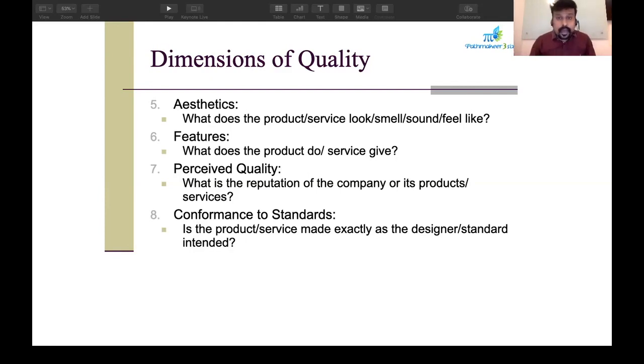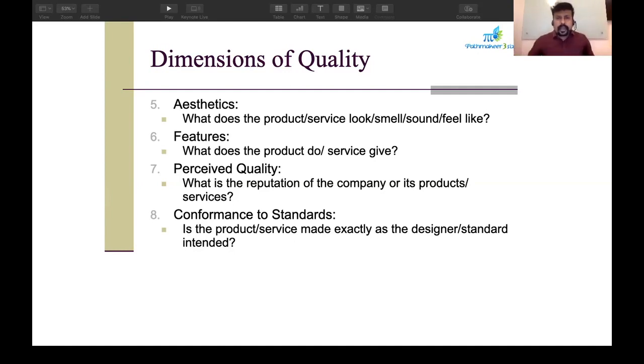You buy a water can, you will have an ISI mark on that. That mark gives you a very clear identification that it is quality water that you're consuming in your house. You buy any food packets in a supermarket, you will have that symbol FSSAI. That signifies the food packets are meeting the standards that are specified by the government. So if your product or a service has a standard, then that also means quality.